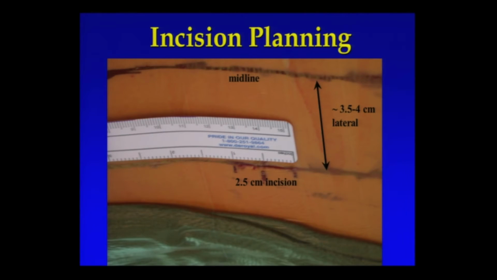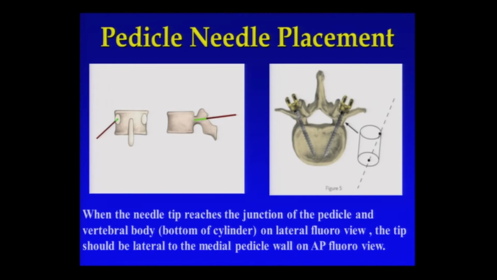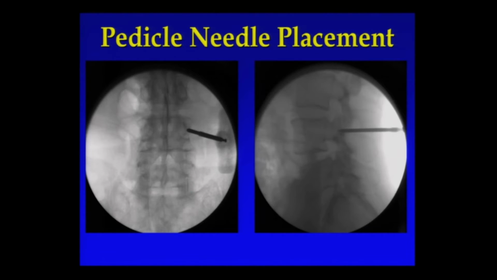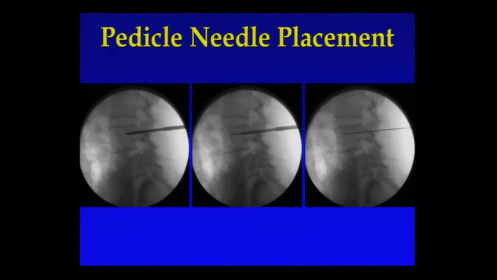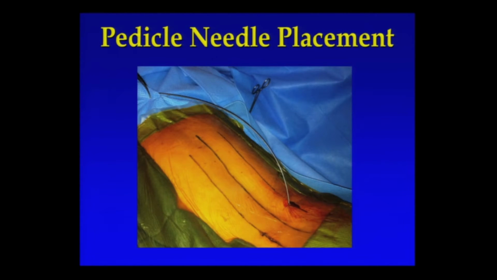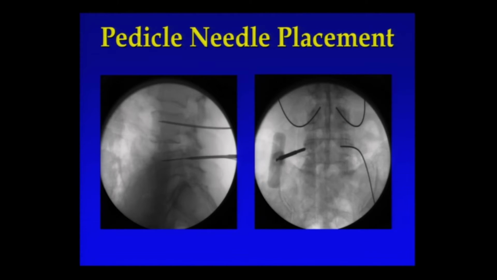And 1-inch incisions are typically made at those entry sites. And then through those incisions, the first order of business, at least in our hands, is to cannulate the pedicles, which we do utilizing Jamshidi needles, much as you would for vertebroplasty or a transpedicular biopsy. And those needles are placed under fluoroscopic guidance. I won't go through the technique in any more detail.